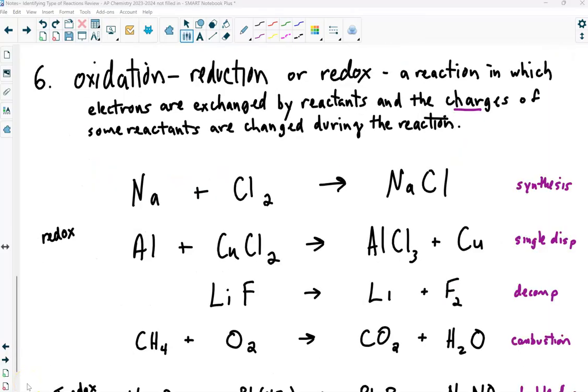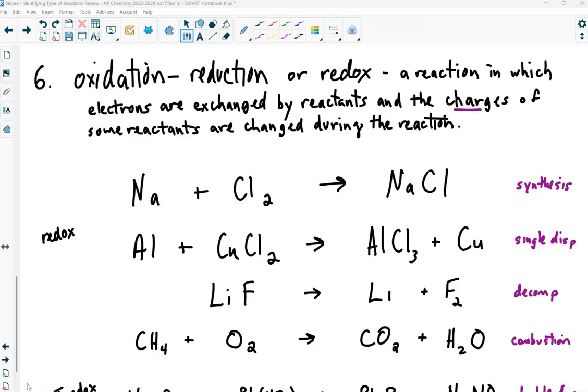Finally, let's look at oxidation reduction. As I mentioned earlier, the oxidation reduction reactions can be synthesis, single displacement, decomposition, or combustion reactions. The only type of reaction that is typically not an oxidation reduction reaction are double displacement reactions. What is a redox reaction? It's a reaction in which electrons are exchanged by reactants, and the charges of some reactants are changed during the